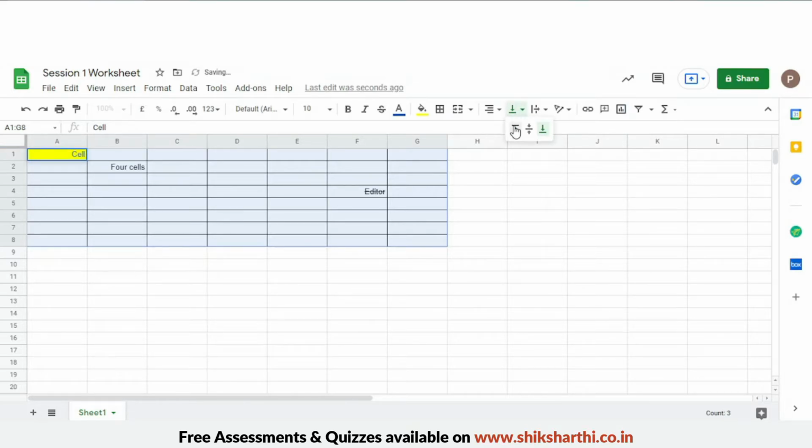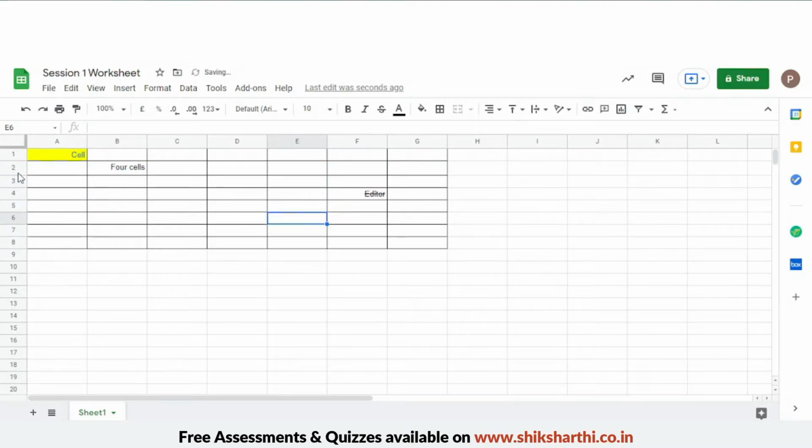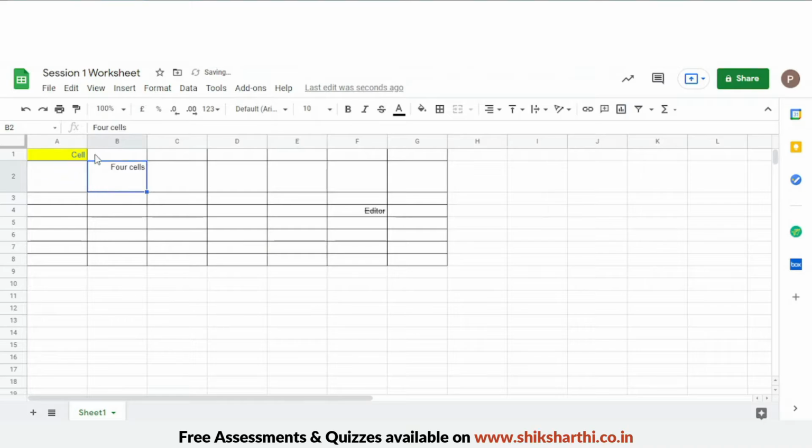Next, when you have bigger cells like this, you can increase the row height. You can increase the row size of the cell just by going to the row. Here you will get an up and down arrow. If you click it and pull it down, you can increase the row size of this cell. After increasing the row size, go to here, it's called vertical alignment, while this one is horizontal alignment. You can place the text wherever you want, in the middle, on the top, or on the bottom.